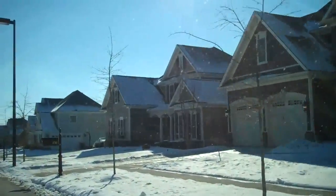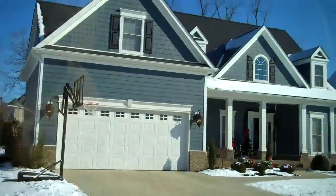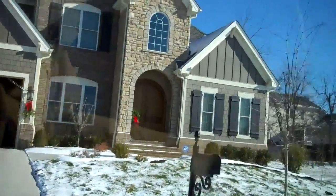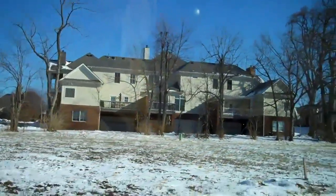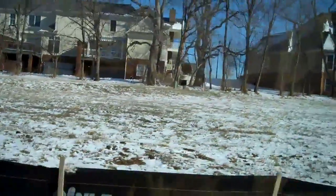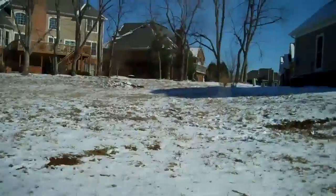Now, of course, we've got a lot of snow on the ground right now. But I've been out here in the summer showing property, and there are kids playing, people walking around the neighborhood, interacting with neighbors. I think it's got a good family vibe. There's the back of some of those townhouses. As you could tell, there's only like 2 or 3 buildings of them, 2 rows of them. So maybe there's 8 or something there. Not many. But it gives you, like I said, another option if you want to be out here,